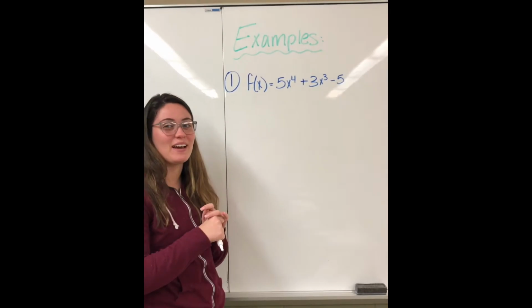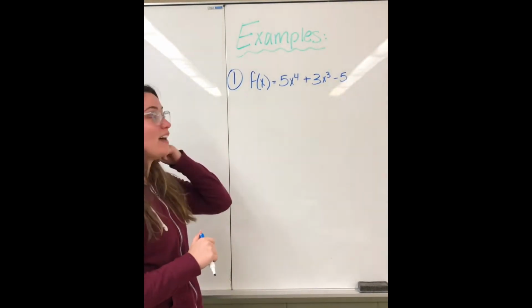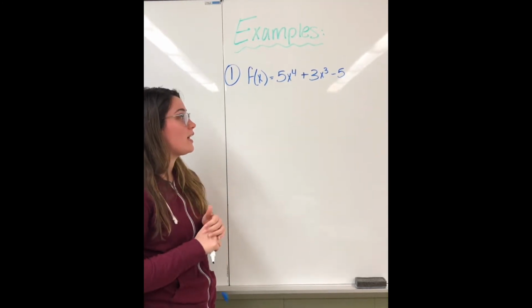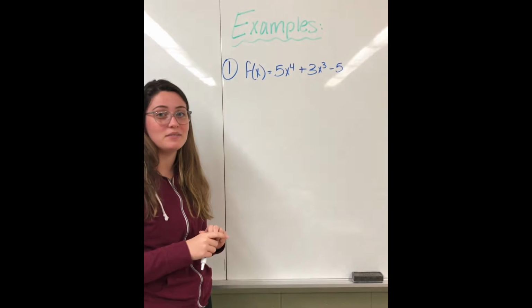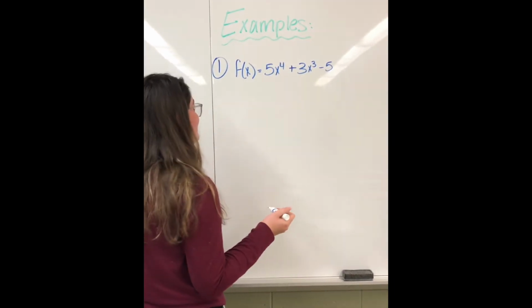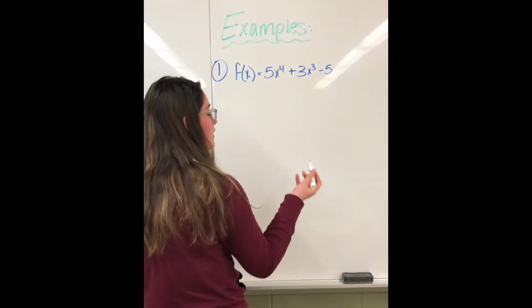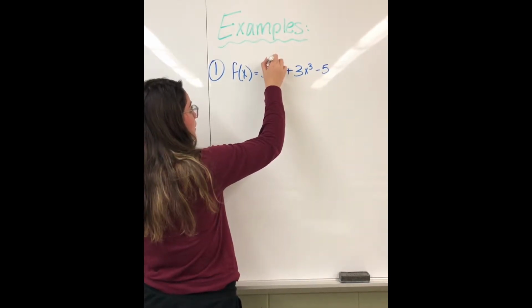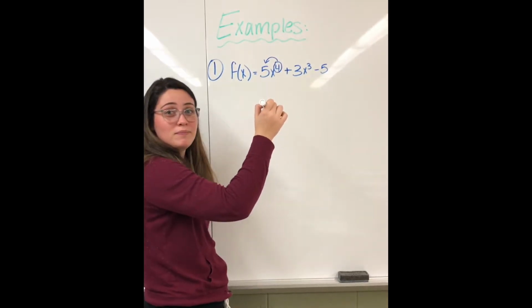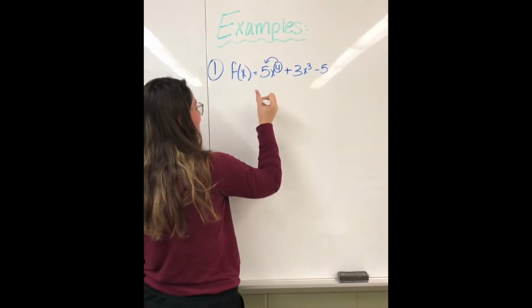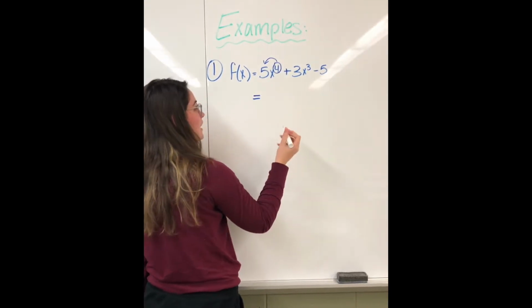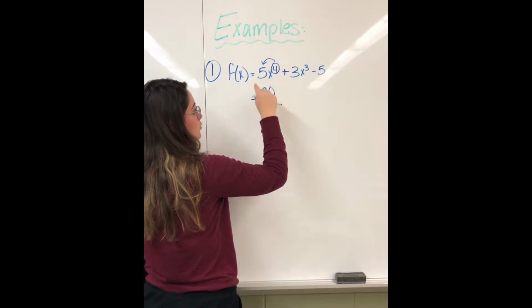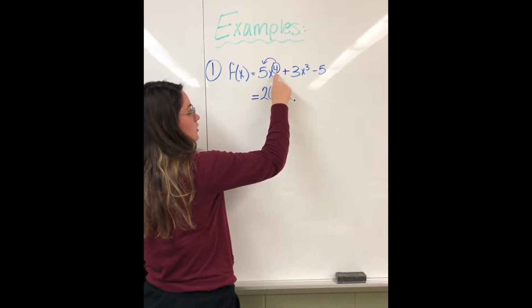So the first example we have for the power rule is f of x equals 5x to the 4th plus 3x cubed minus 5. So with the power rule, you take the power and then you multiply it by its coefficient. So 4 times 5 is 20. And then after you multiply it, you subtract your